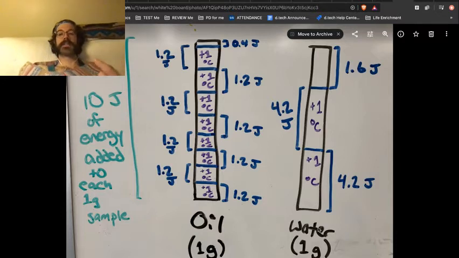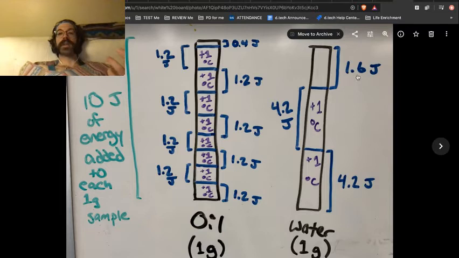So what that means is that if you have 1 gram of water, which we have, easy numbers, then for that 1 gram of water, for every 4.2 joules of energy you add in as heat, you can increase the temperature of that water by 1 degree Celsius. So you're going to be changing the average energy of those particles in a way that changes the temperature by 1 degree Celsius. So if you add another 4.2 joules, then that's how you can get the temperature to raise by another degree